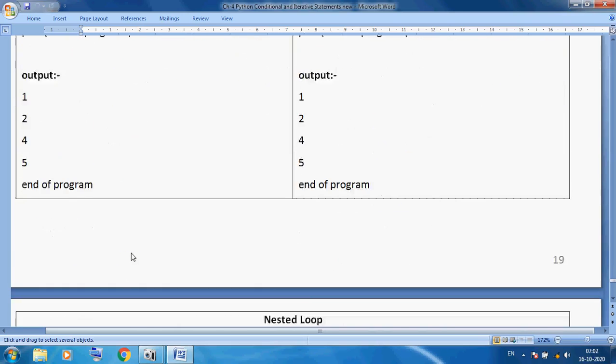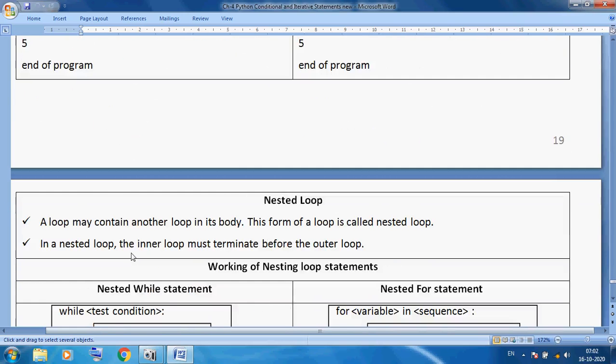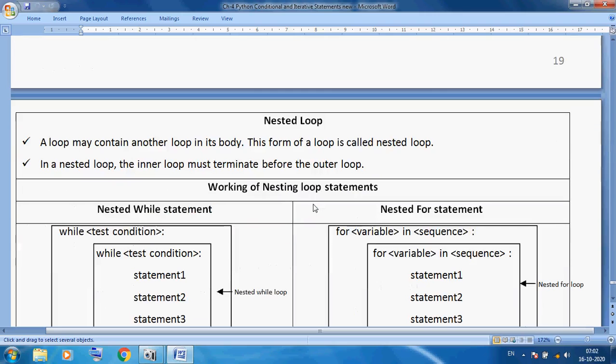Okay students, now the new concept is nested loop. It means a loop may have another loop in its body. This form of a loop is called a nested loop. In a nested loop, the inner loop must terminate before the outer loop. You can imagine, in the last session,